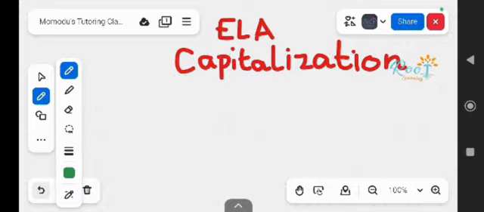Capitalization is the process of using upper cases correctly in the English language. Let's do a fresh recap of what upper cases are. Upper cases are upper letters in the English alphabet. That is, your capital letters, such as